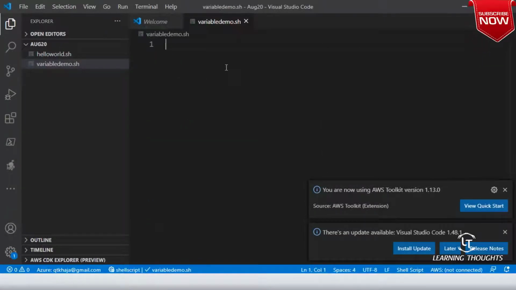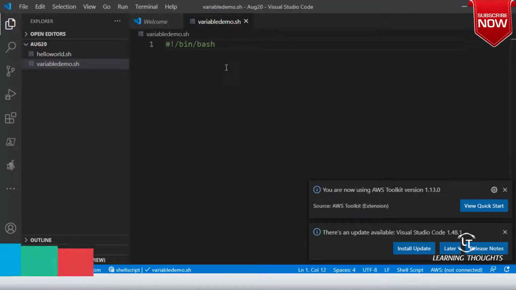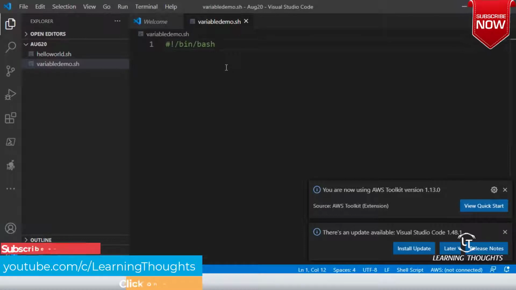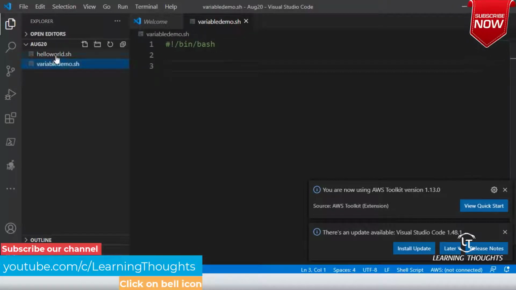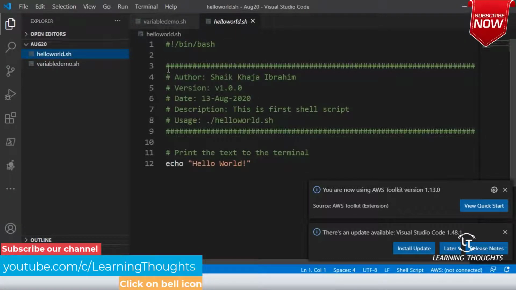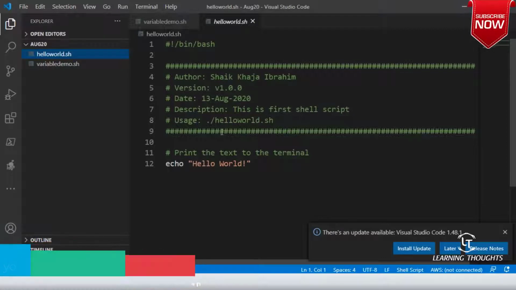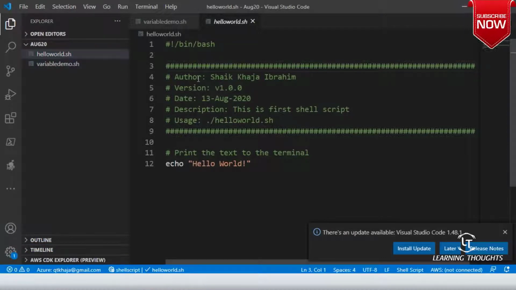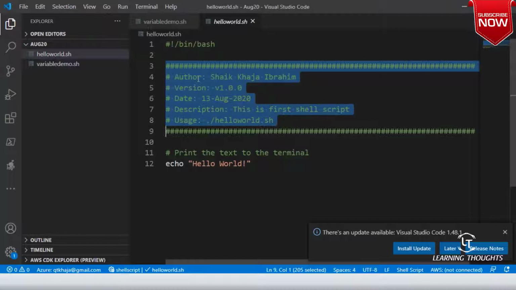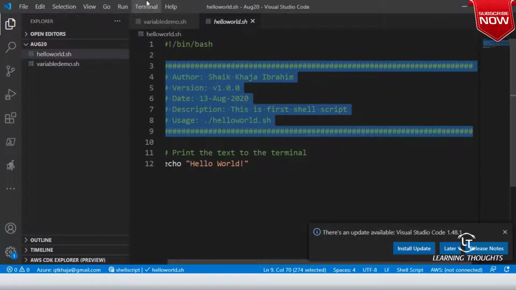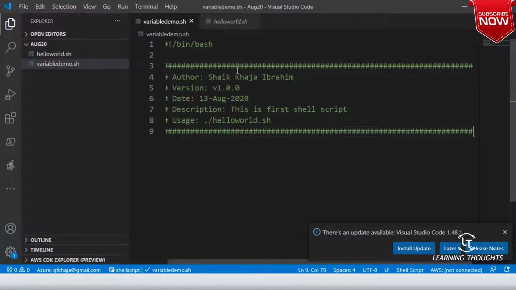The first statement of a shell script should be #!/bin/bash. This is called the shebang. Later on, we have discussed that we will always be writing a header. Why? Because it always makes sense for you to write a header. So what is today's date? Today's 25, right?